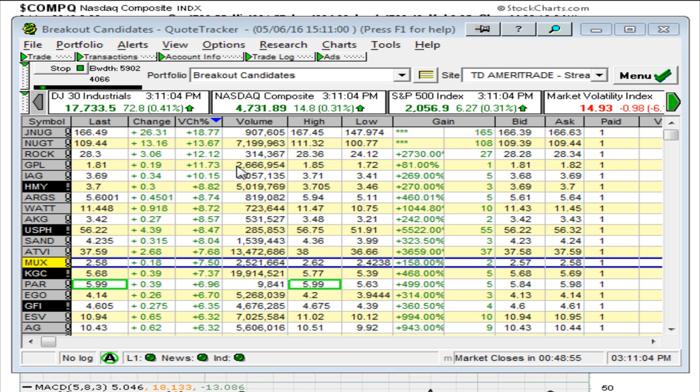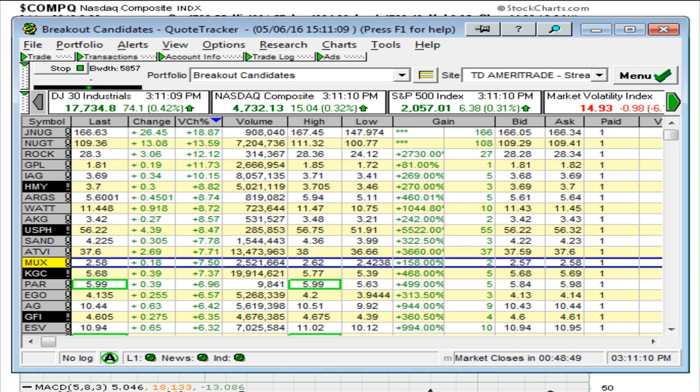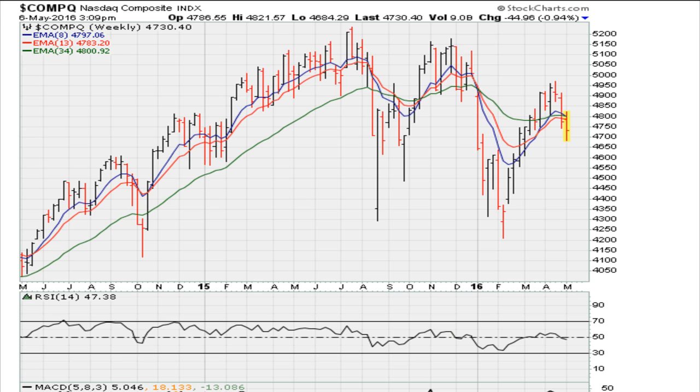2016. Let's take a look at markets here with about 45 minutes to go before the close of Friday's session. Let's take a look at the charts. And we begin by taking a look at the Nasdaq, which is having a down week, of course. And we can go back to the highs on the weekly chart. And this line was always going to be a problem for the Nasdaq. In fact, for also the S&P 500 and the Dow.